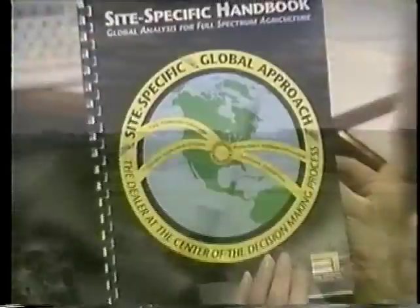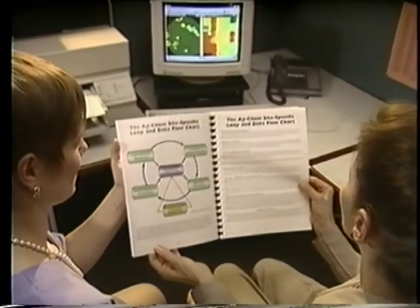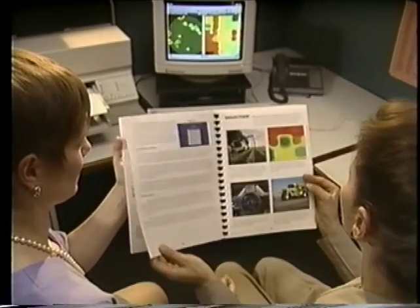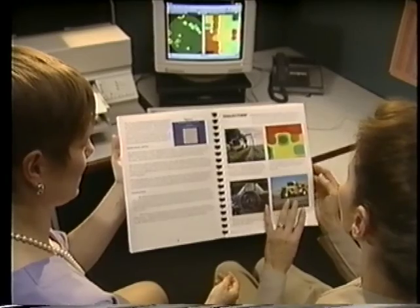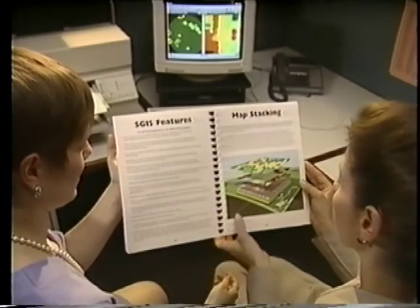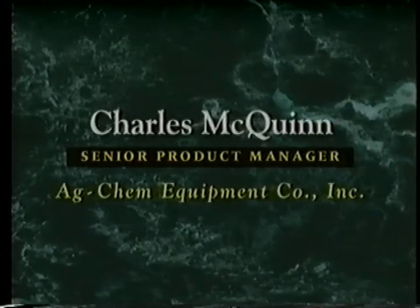At AgChem, technical expertise has been perfected ahead of time in an effort to make our customers' work more simple. We do the hard work with no trickery. What seems like magic is simply the experience gained by 10 years of site-specific development, and we're ready to share it with you. An important thing to remember about the site-specific program is that the entire site-specific process is sequential, and each step